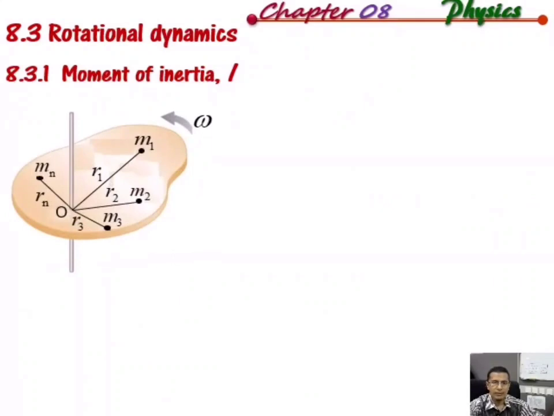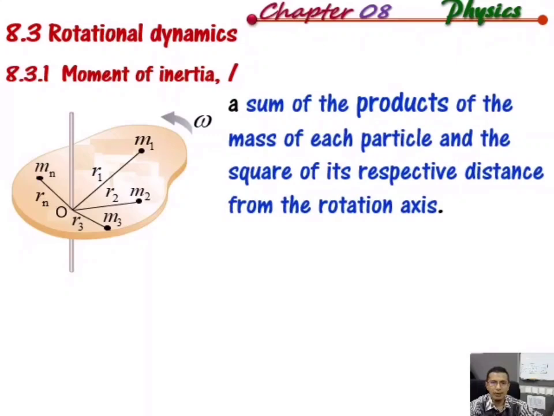All right, moment of inertia I. So let's say we have a rigid body that undergoes rotational motion. We have maybe billions of particles that compose this rigid body. If you look here, M represents the mass, M1 for particle 1, M2 for particle 2, M3 particle 3, and Mn for n particles that compose the rigid body. And the r here is the distance between the specific mass and the rotation axis.